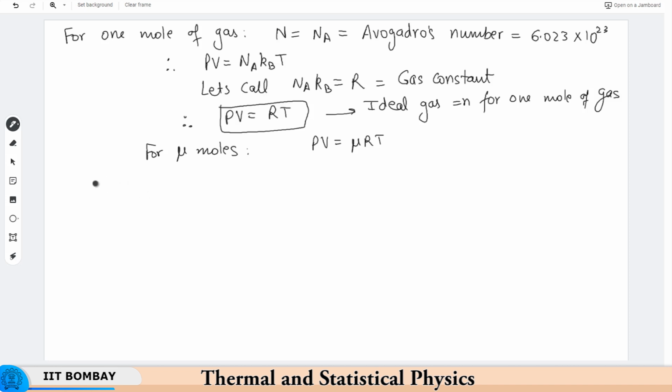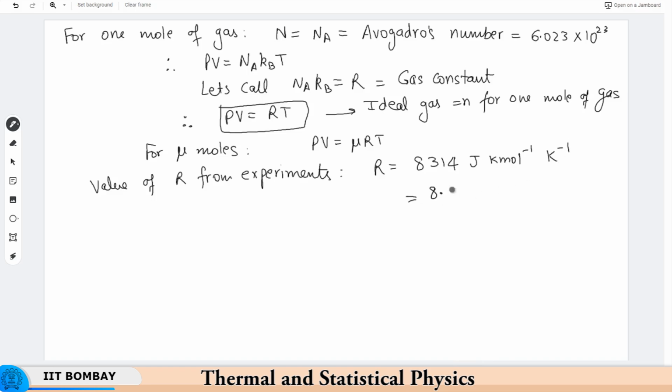The value of R from experiments comes out to be 8314 joule per kilomole per Kelvin, or you can rewrite it as 8.314 joule per mole per Kelvin,